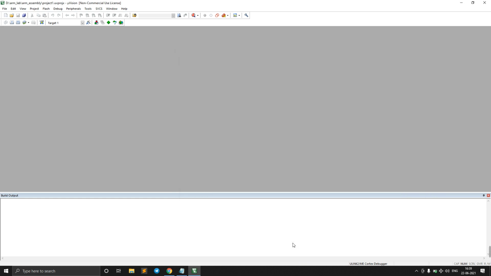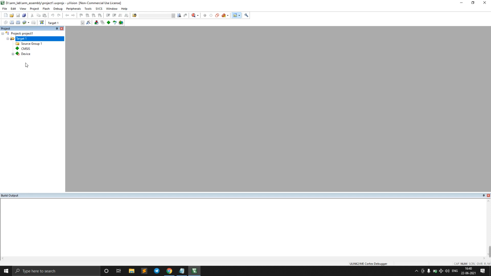OK. Here, if sometimes you do not find the project window, then just go to View and click on Project Window so that it will appear. By chance, if you close any of the windows, no need to worry, just go to View and click on the window you want to view. For example, the project window will appear here. Just check that CMSIS as well as Device, these two things we added, will appear here.